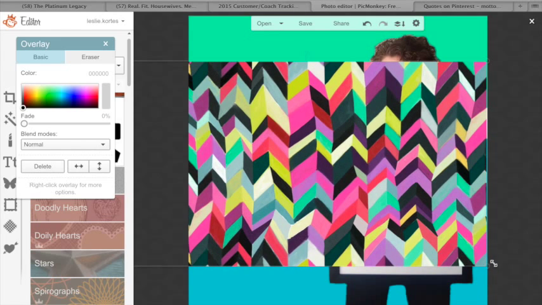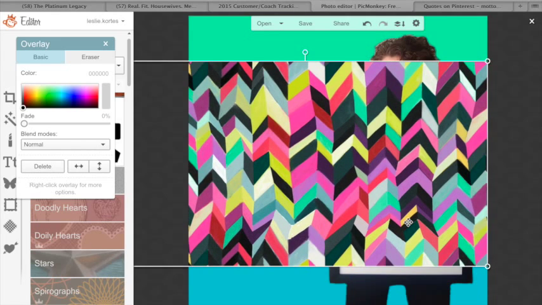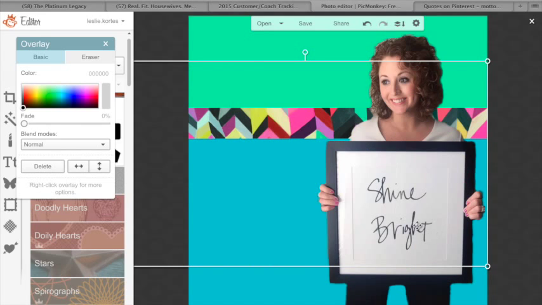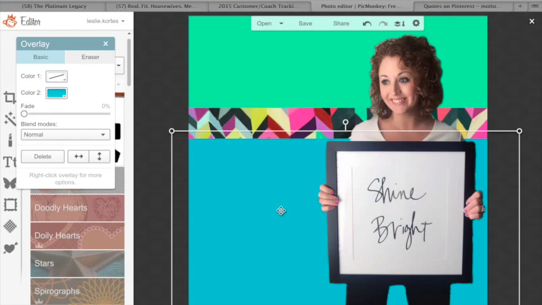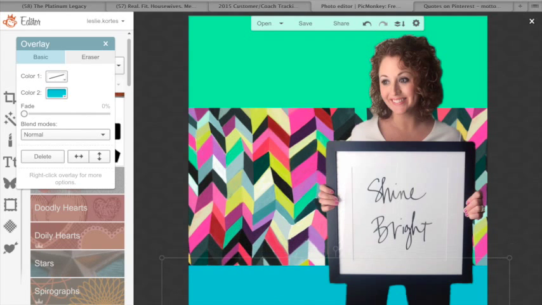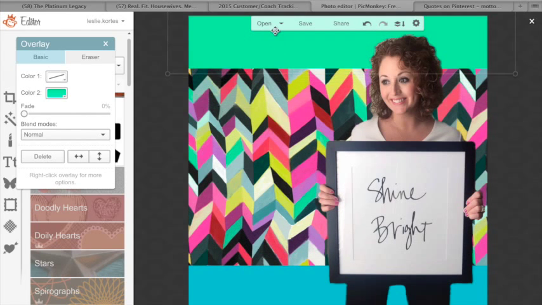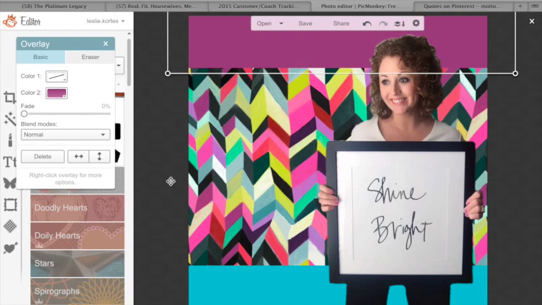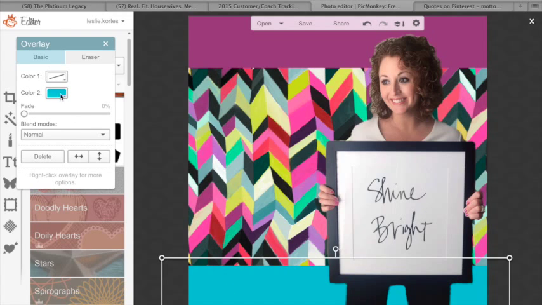Okay. So I can, oops, send this one to the back. So it's back there. Now I have to adjust these others, right? I can pull it down. I can pull this one up. And let's say I want it to coordinate so it all matches. You know, I could make up here this color. And let's say down here, I'm going to pick maybe like,